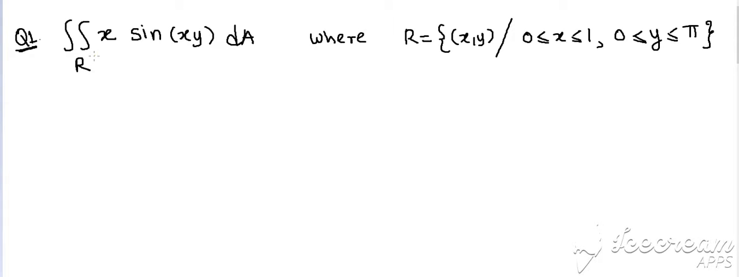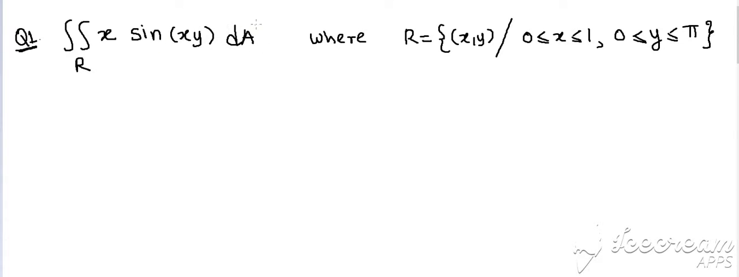Students, today we are going to solve this double integral of the function x sin(xy) over the region R, where R is the region bounded in the xy plane. x varies from 0 to 1 and y varies from 0 to pi. Now this question is different than the previous question, as here